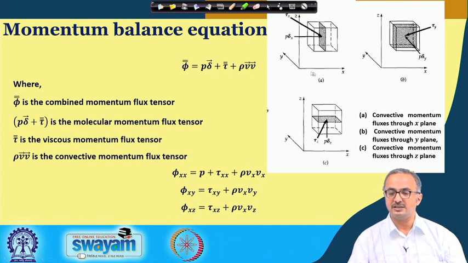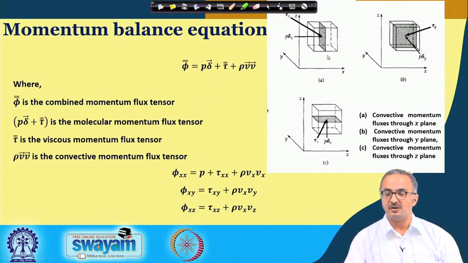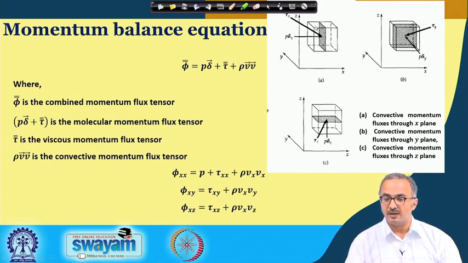So, here you can see in this particular figure what we have tried to demonstrate is how you visualize this kind of momentum transfer due to the flow or the molecular transfer. So, this is a particular control volume in the rectangular coordinates. This is x, this is y, this is z, and this width is delta x, then delta y, and then this is delta z. Okay. So, you can see that in these three figures they differ in the way these forces or these tensors are shown.